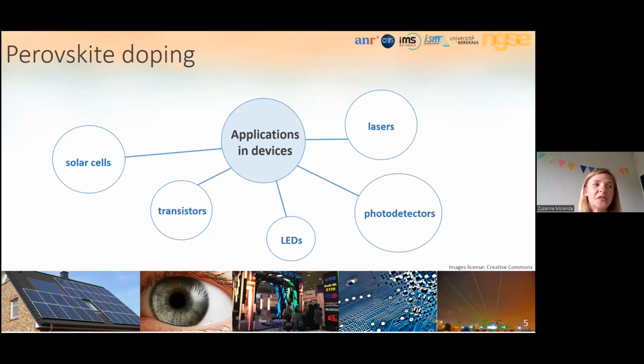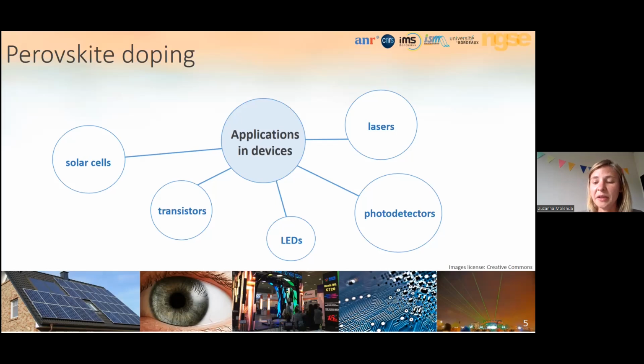However, the story of perovskite doping is not as simple as in case of silicon because of the ionic character of the perovskite crystal. So if we want to introduce the heterovalent dopants into the perovskite crystal lattice, just like we do in case of silicon, we will encounter the presence of the counterion that will cancel the effect of doping. Therefore, some alternative approaches have to be applied. And one of these approaches